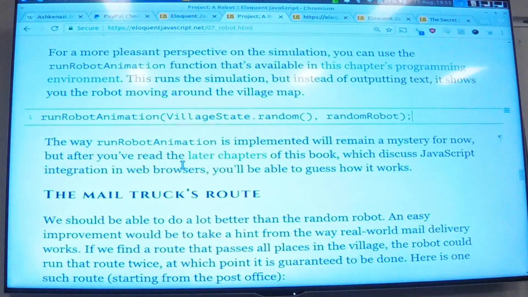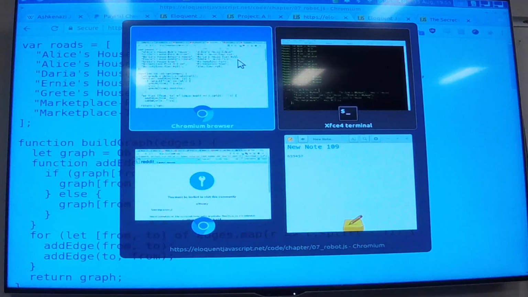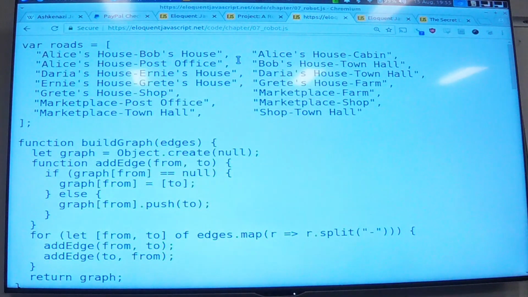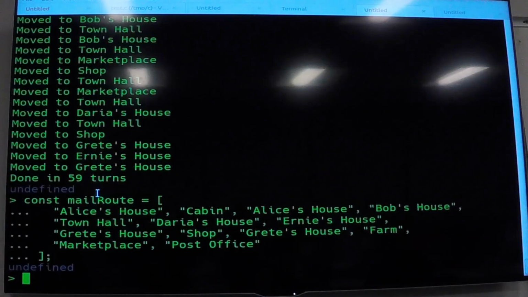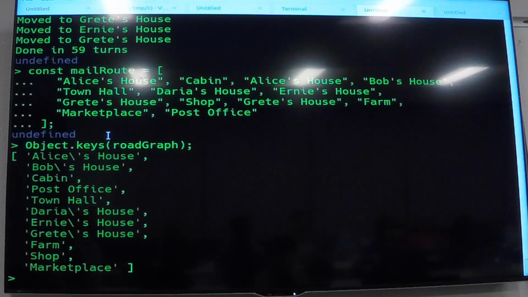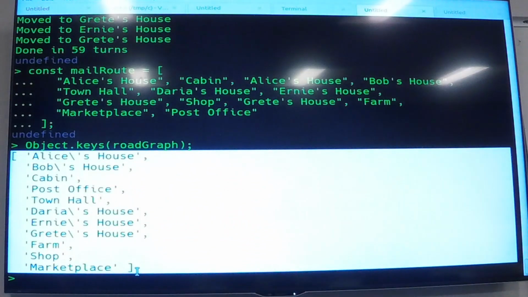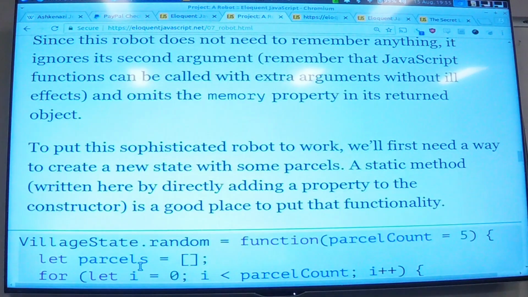If we come back here and we look at the project list, we can see right down here what all these places are. And how we got that is we called Object.keys on the graph, right? When we wanted to find out all of the different places we could come from or go to, we called Object.keys on this graph we generated, roadGraph. Object.keys is going to generate us a whole list of things we can do. And now what we're essentially going to do is